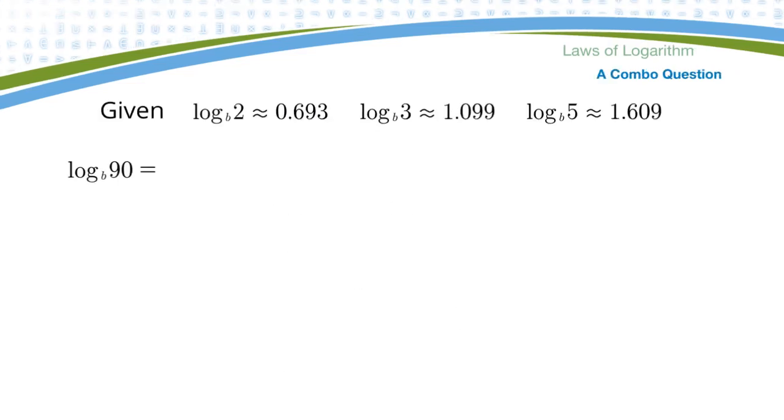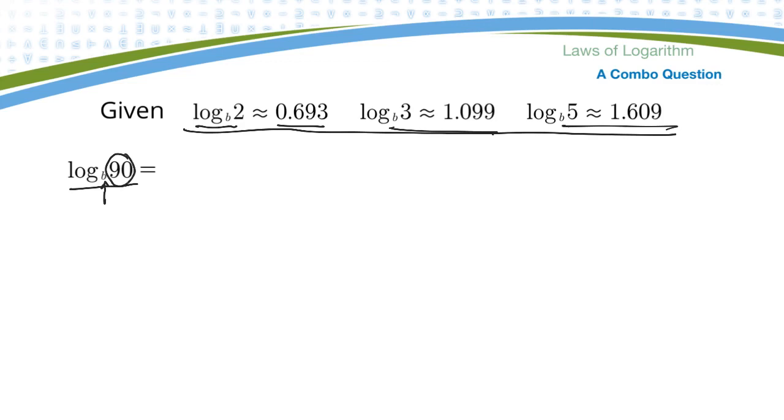Okay, here's just a nice little application of this kind of thing, where I'm trying to simplify some expression where I don't know what the log is, and I'm trying to simplify it using some numbers that they have up here. So some known numbers. So they say log base b of 2, 3, and 5 are given. So the trick is to try and figure out what things multiplied together give you 90 that include 3, 5, and 2. So let's see, log base b of, if I went, say,